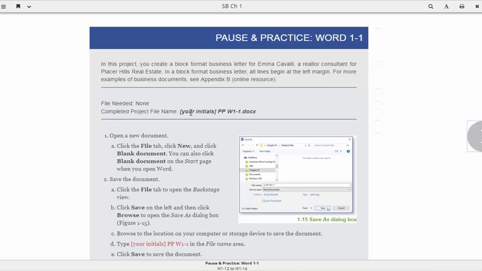If it says that you need a data file, then you should have already downloaded and stored the student data files in a subfolder in the Word folder on your desktop. So you stop here, you open Word. Now some students try and split up their screen and do the instructions from here, but it's really not a good idea. It's best to just print out the instructions, get out a pen or a pencil, and